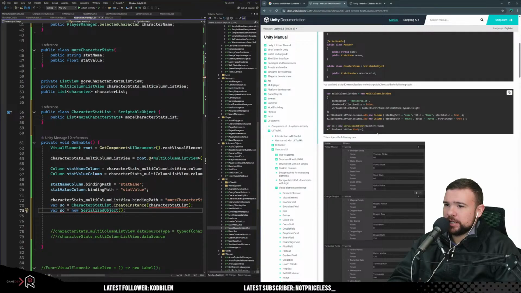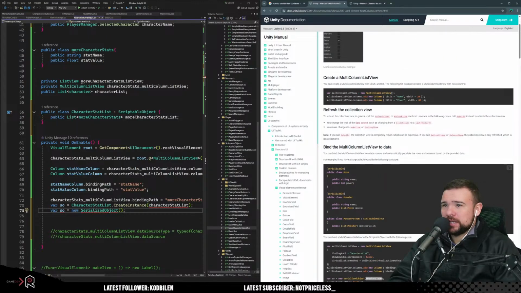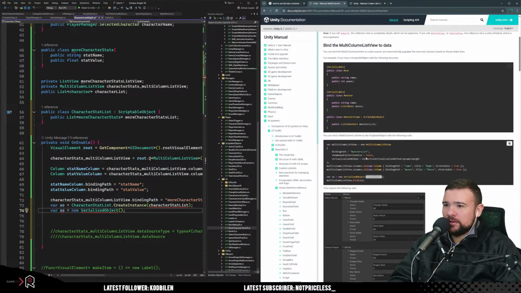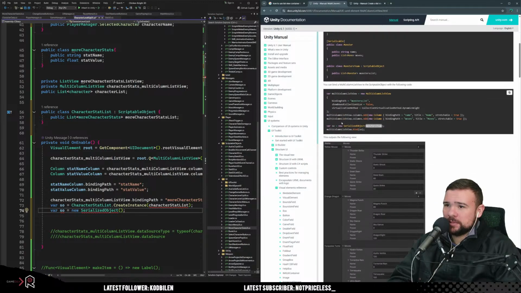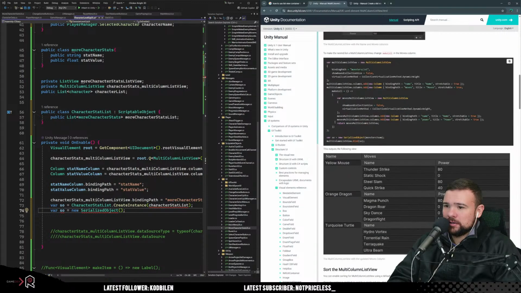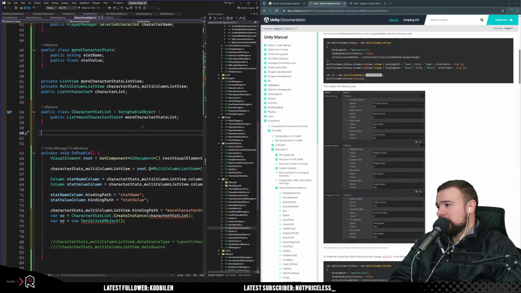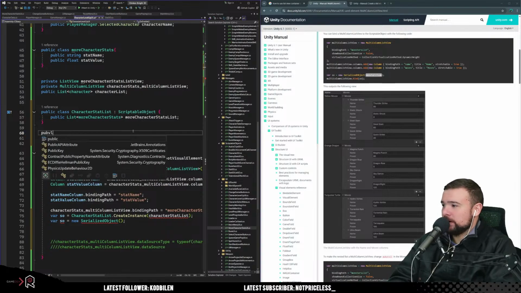So this is creating a new serialized object with the name Monster Team. I don't know where Monster Team's coming from. I don't see it anywhere else, which is kind of annoying. I'm assuming they created the Monster Team at some point. Because this is just defining what a character stat list could be. It doesn't create one. It's just a public class, so we need to make like a